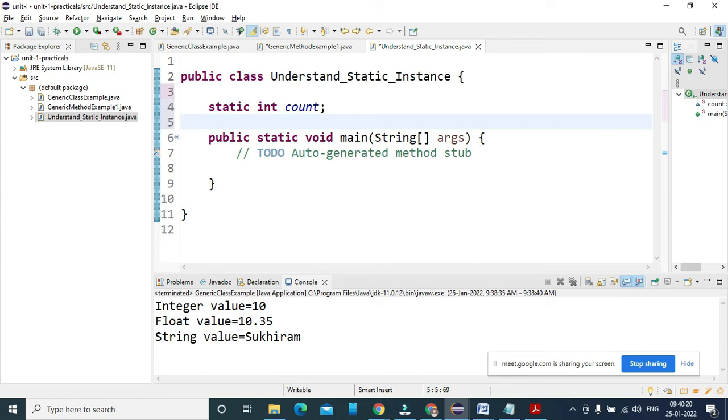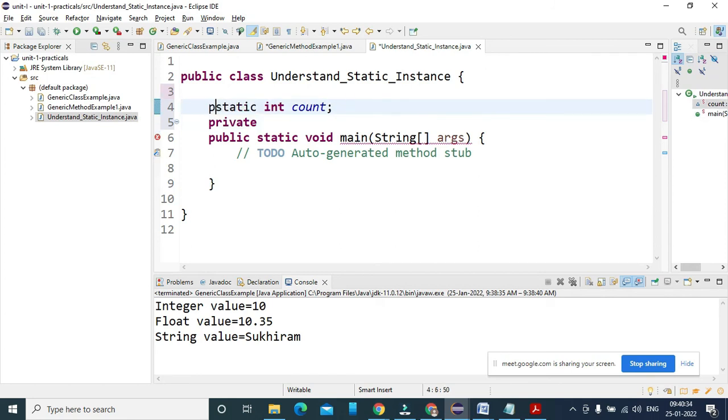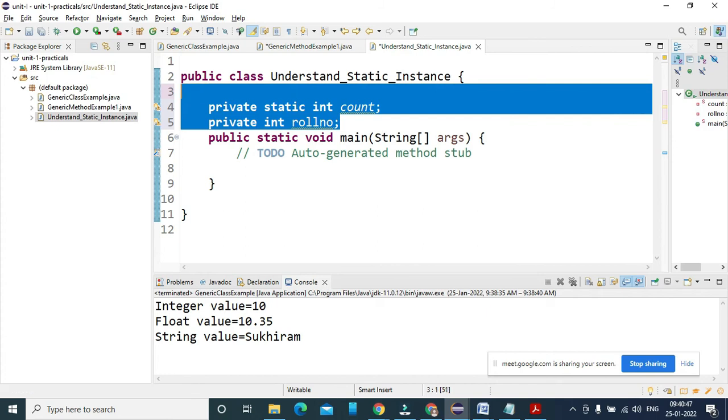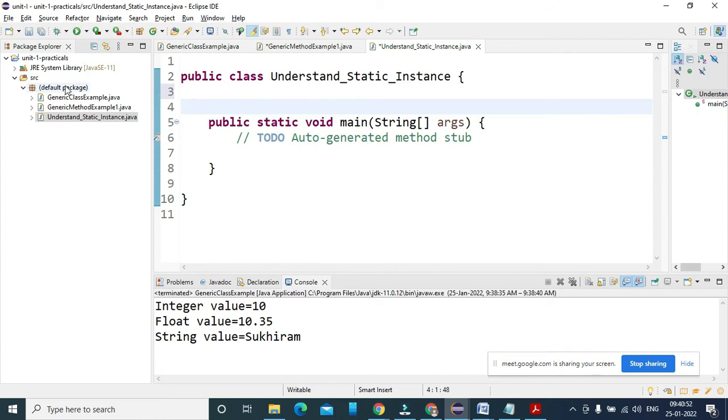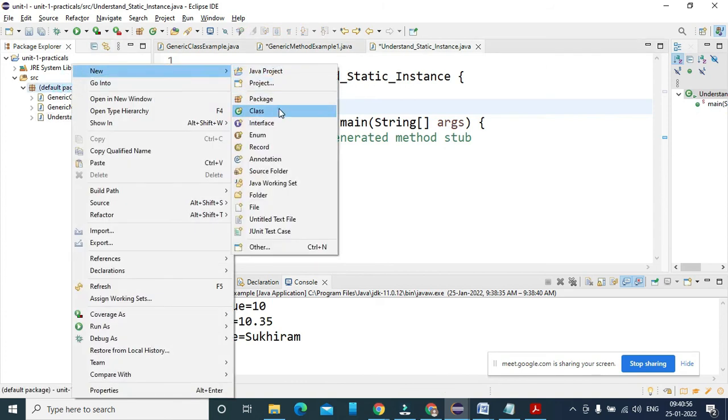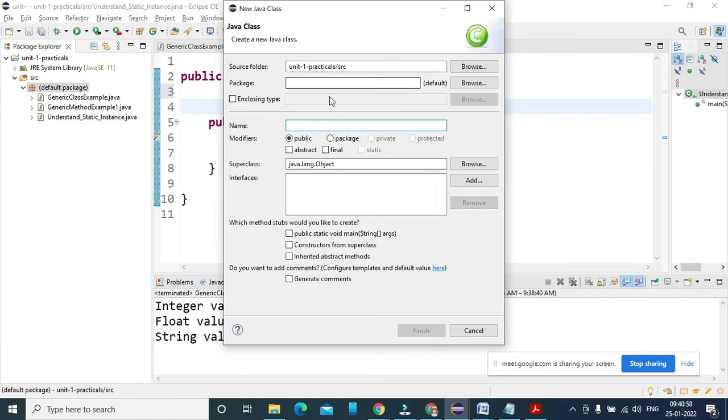So if you see private, okay, if I'm using a keyword such as private or public, I want to show you. If I'm using private static and private int roll number here, I'm going to create a class called student instead.